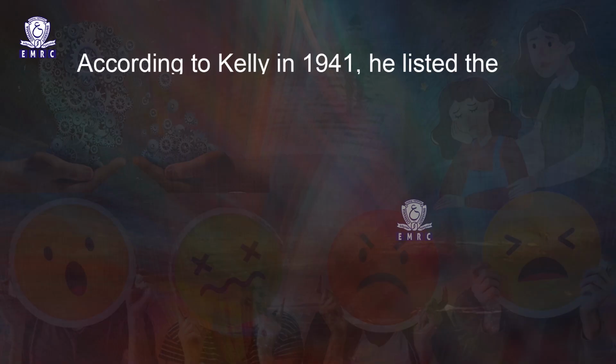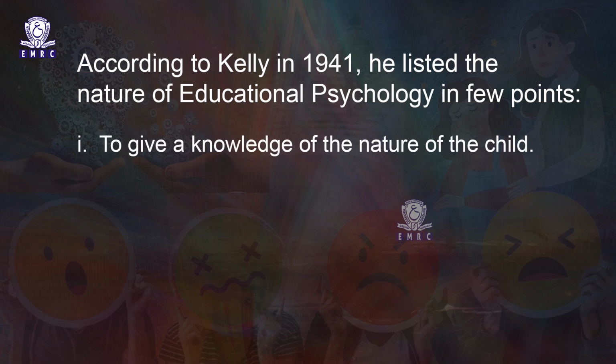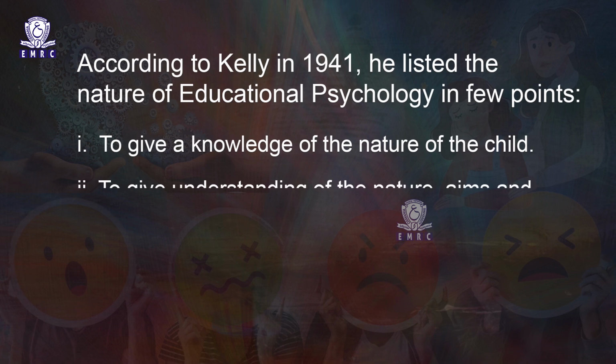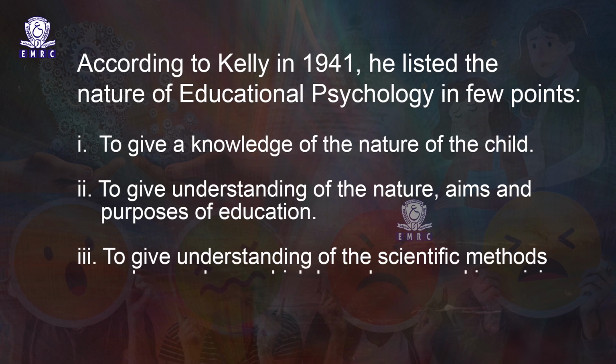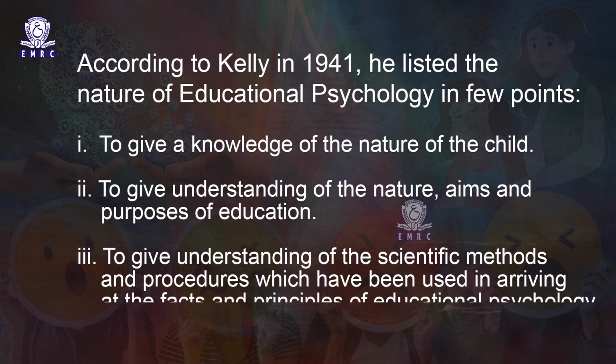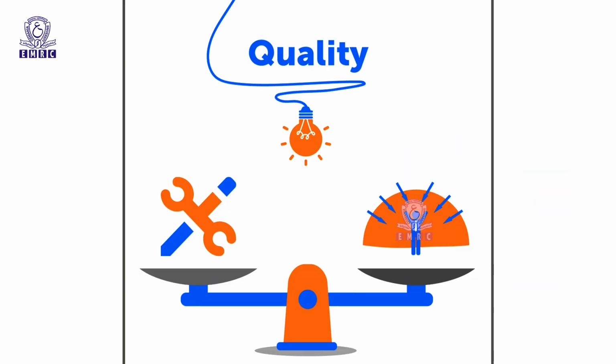According to Kelly, in the year 1941, he listed the nature of educational psychology in a few points. Number 1, to give a knowledge of the nature of the child, to give understanding of the nature, aims and purposes of education, to give understanding of the scientific methods and procedures which have been used in arriving at the facts and principles of educational psychology, to present the principles and techniques of learning and teaching,